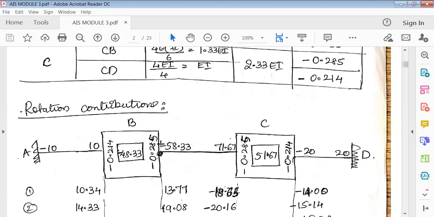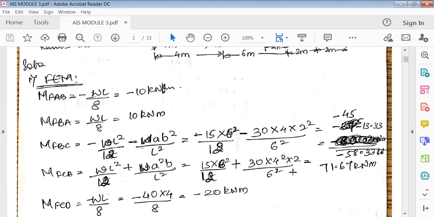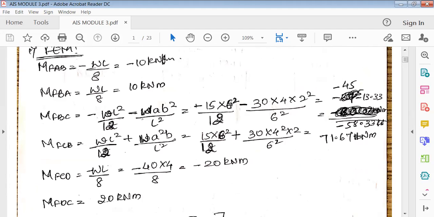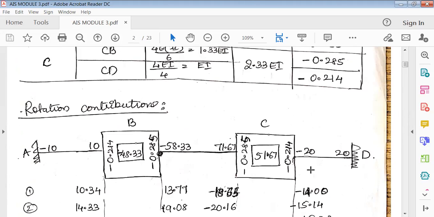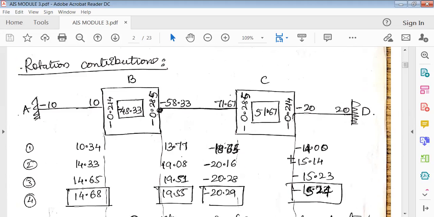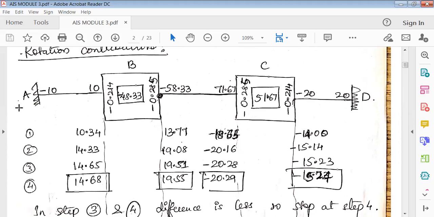Again at BC it is minus 58 and the CB is 71. So this is minus 58, 71. Next, CD and DC is minus 20, plus 20. Okay. All right. Now, once you mark all this, you should mark all the fixed end moments outside like this,